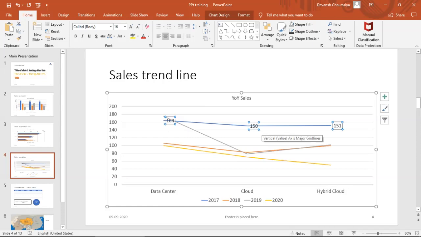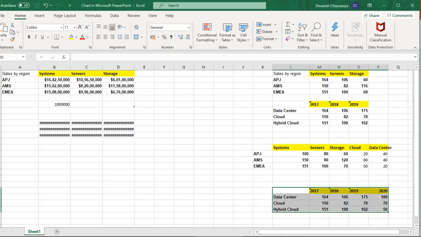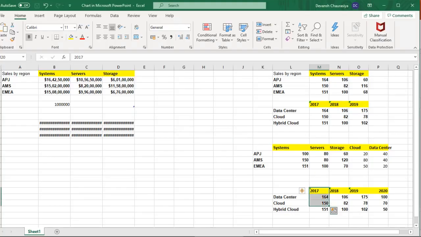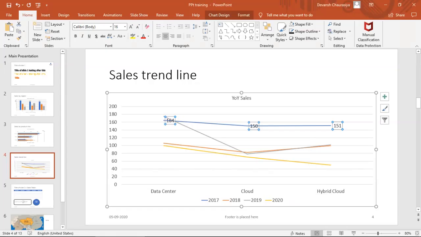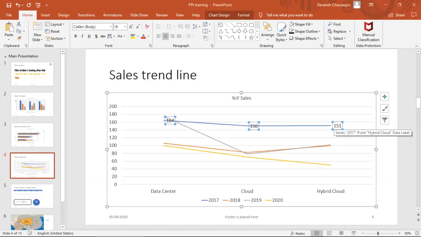Then 150 million, then 151 million. Let's go to the chart. So if you see, in 2017, data center was 164, cloud is 150, and hybrid cloud is 151.